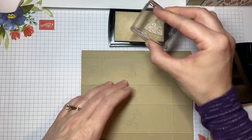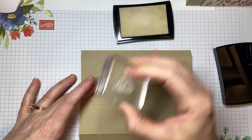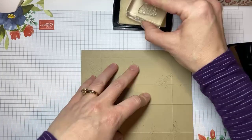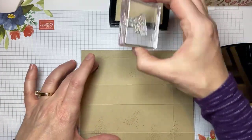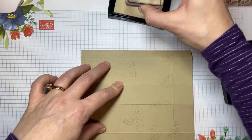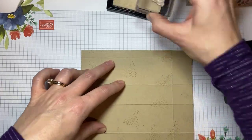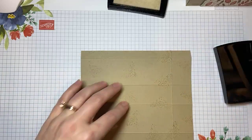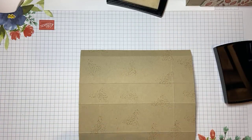So I'm just going to randomly stamp this all over just to give this some texture on the cardstock. I'm twisting, I turned the stamp in my hand so that when I stamp it, it is a different direction a little bit. Just randomly stamp it however many times you want. And once you're done with that,